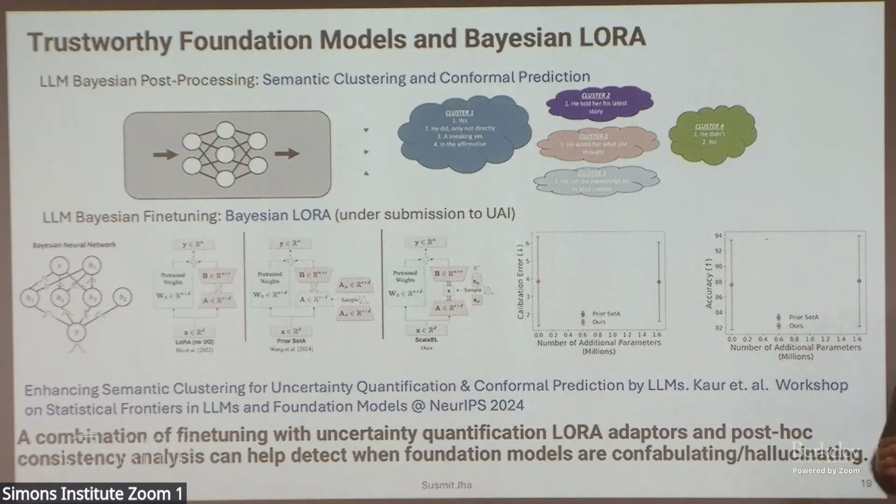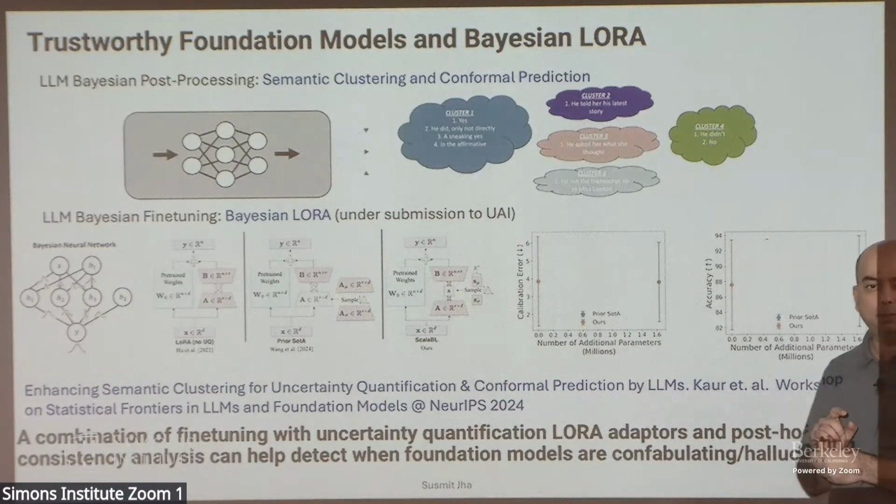And then you look at the output and try to do some sort of clustering over what is semantically similar. So going back to Sanjay's question, like what is truth, right? Because once you're in the generative model space, how do you know that you're actually accurate? You're no longer in the discriminative model space, so you don't really have n classes. But what this approach allows you to do is look at all possible outputs, cluster them, and then look at heterogeneity within the clusters and the number of clusters. There are many ways to combine them together to come up with the uncertainty score. That's what we have been looking at, but that's an approach that I will not focus too much on.